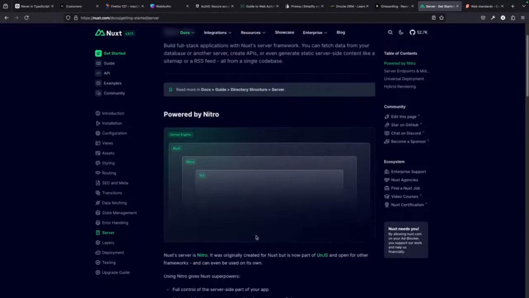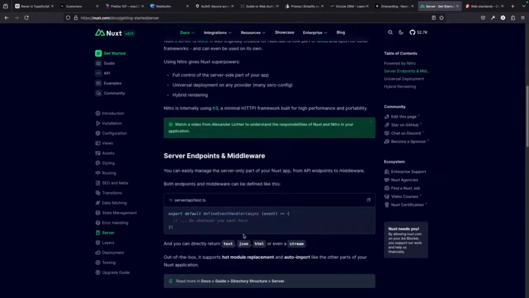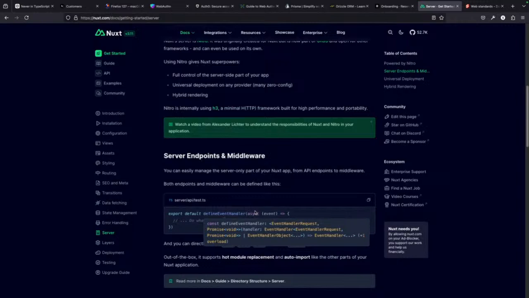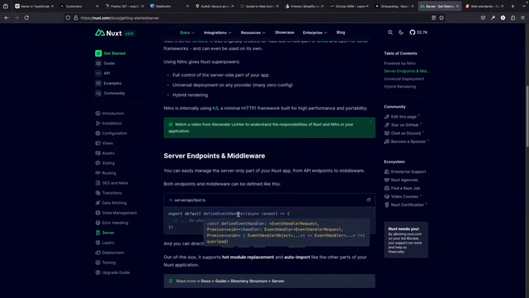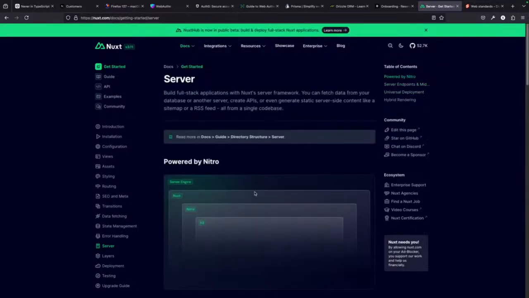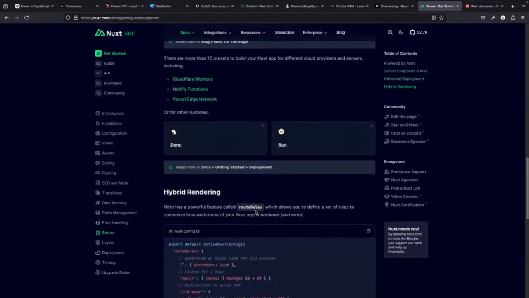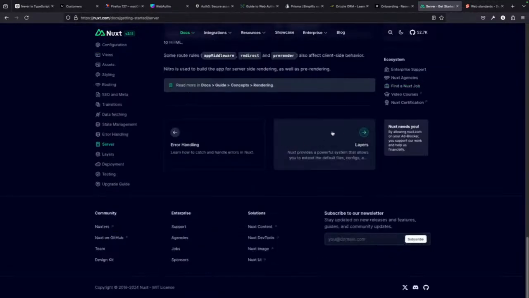Almost all of them use TS config, because almost all of them allow you to use TypeScript. Yeah, they all allow you to create a server route.